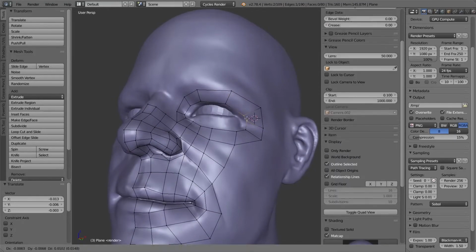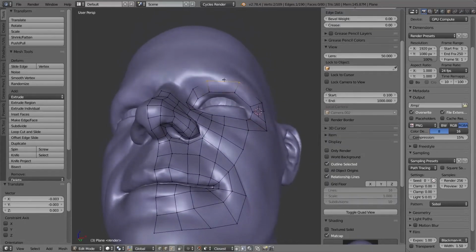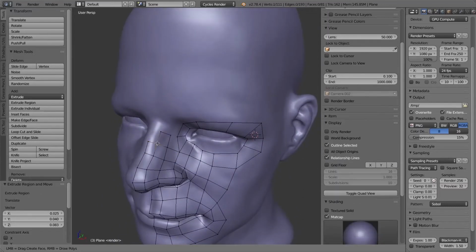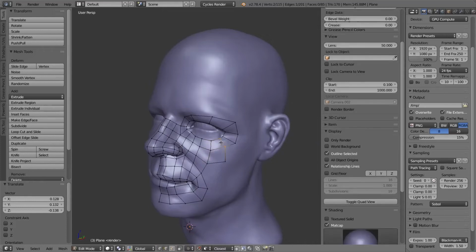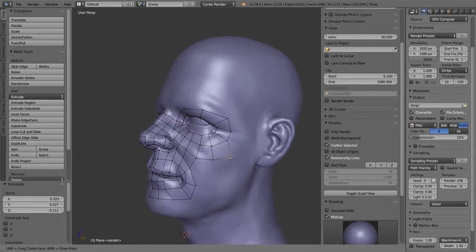So here you see, I'm just creating that loop around the eyes. And in between all these loops, I try to keep the geometry as clean and as uniform as I possibly can.